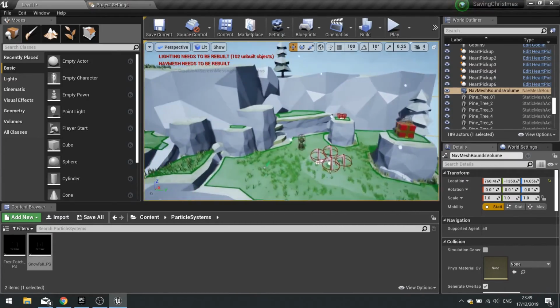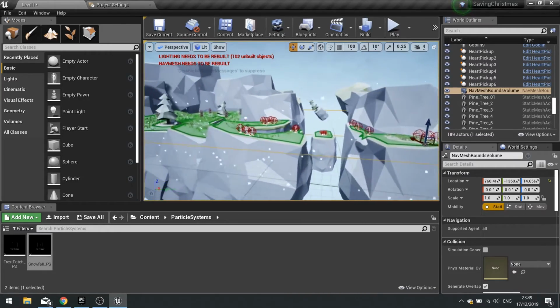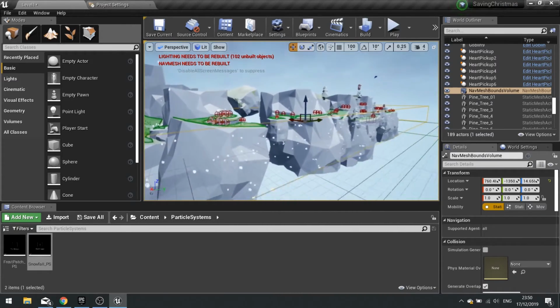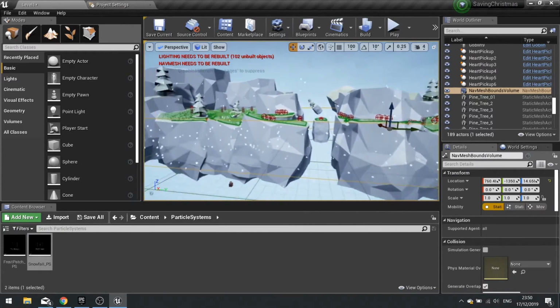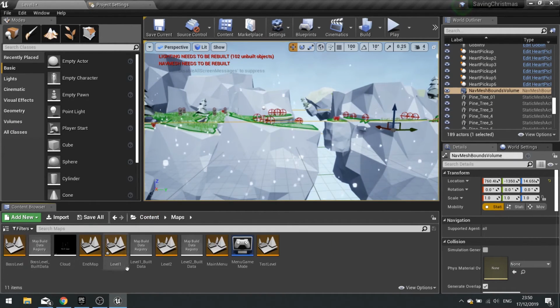Okay, that'll do. Yeah, okay. So there's the snow covering pretty much the whole entire map. Good. And then we're going to go into the next map, level 2.